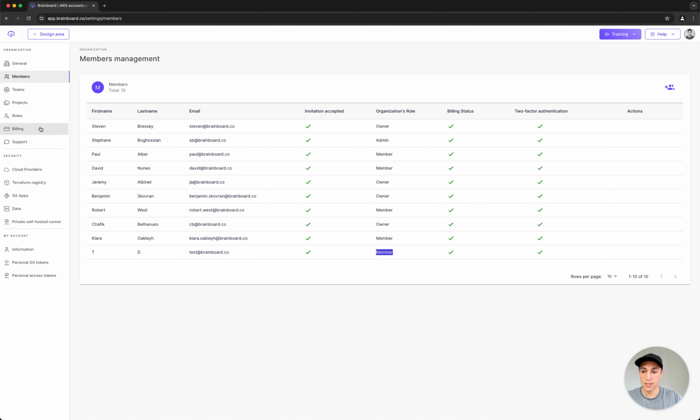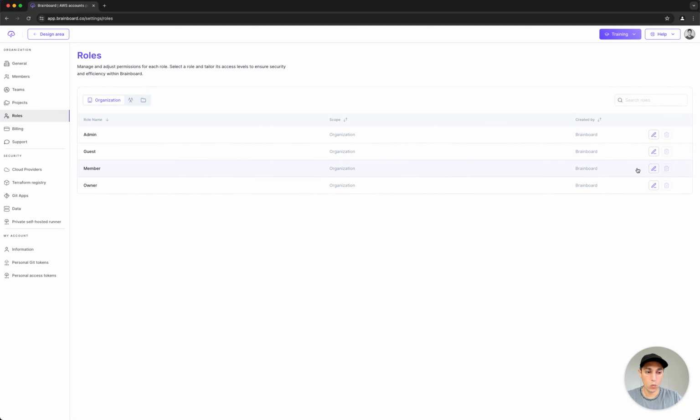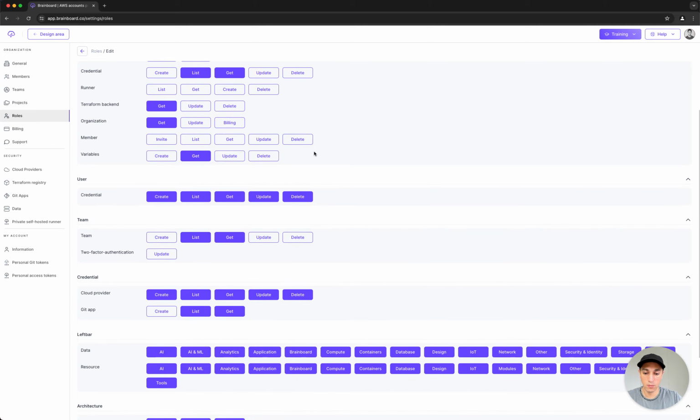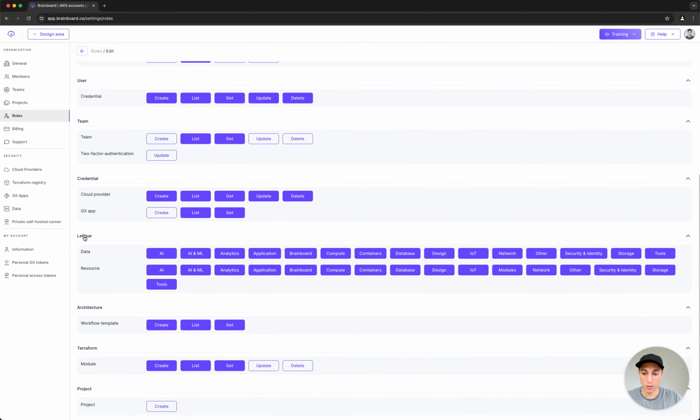So now as the owner, I want to restrict what the members can use in terms of resources. So here in the left bar, you have now a section in the RBAC feature that allows you to restrict what the users can see. Let's say, for example, I have a data team that I want them to access only AI, analytics, ML, and the applications and so on. So I want to restrict access to, for example, network, compute, containers, database, Internet of Things, and security, and